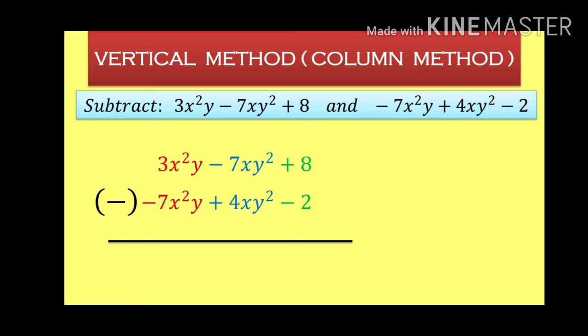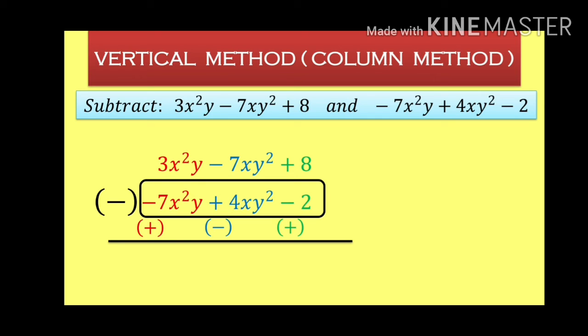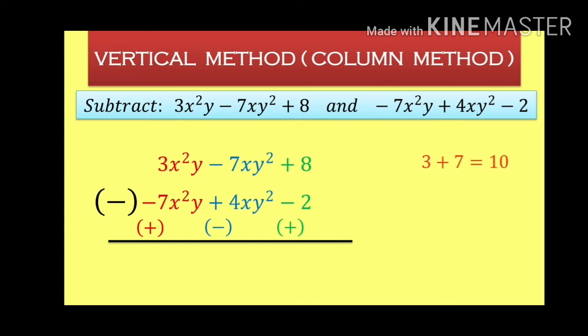So here also the same thing. Now minus of the total expression. So minus into minus becomes plus, minus into plus becomes minus, and minus into minus becomes plus. So now we will consider these symbols, not minus 7x squared y, we will count it as plus 7x squared y, the new sign we have got after multiplying with the minus symbol here. So we will add 3 plus 7. We will not do 3 minus 7 because the sign has already changed. So 3 plus 7 becomes 10.